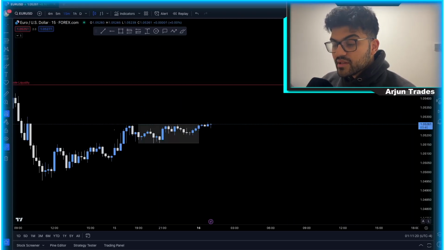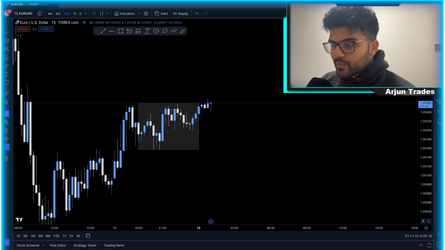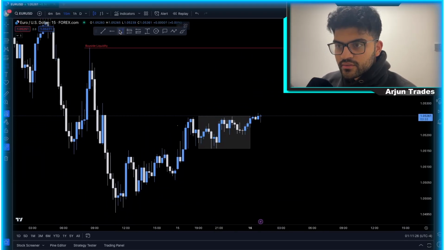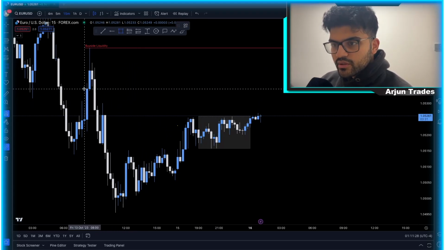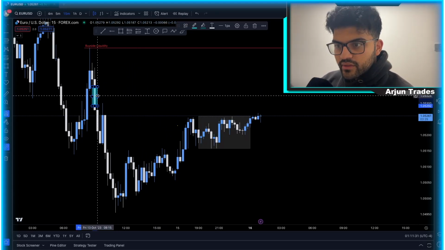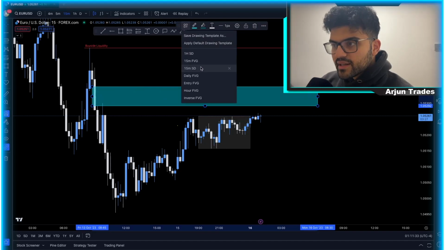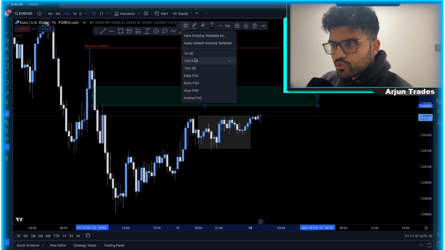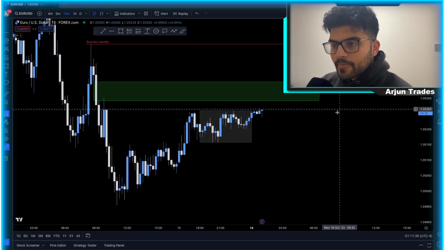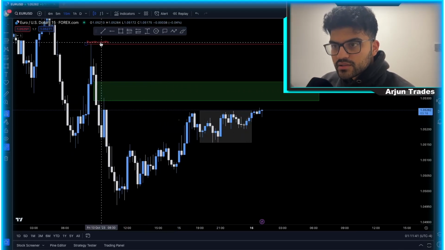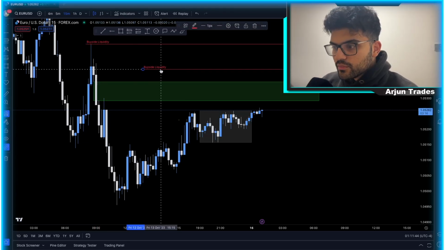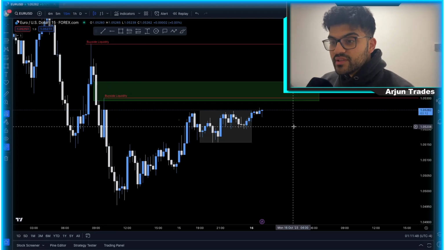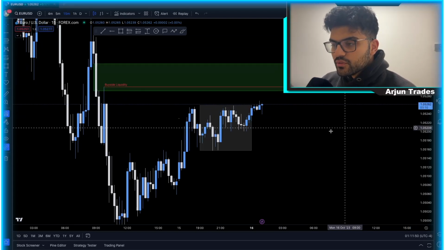Then on the 15-minute, this is where it gets interesting. Because on the 15-minute, we have some nice areas of interest. Obviously, we have this buy side liquidity, but we have a really clean 15-minute FVG. Nice fair value gap there. Plus, we have some more buy side liquidity right there. So this sets up a really good condition for sells.